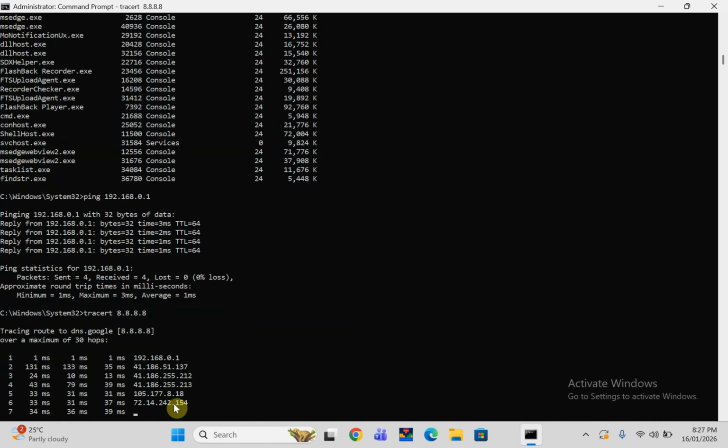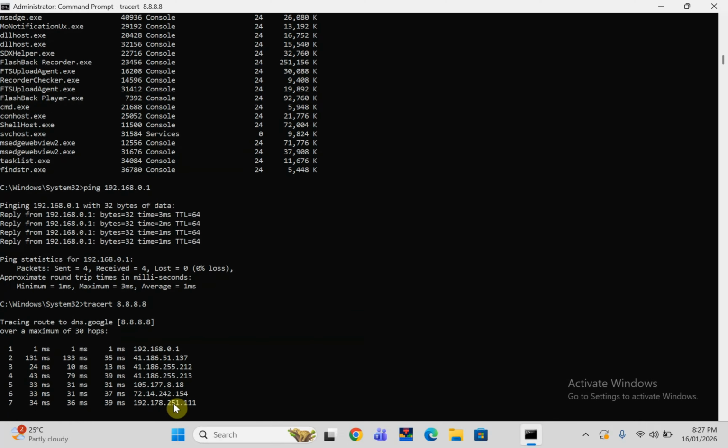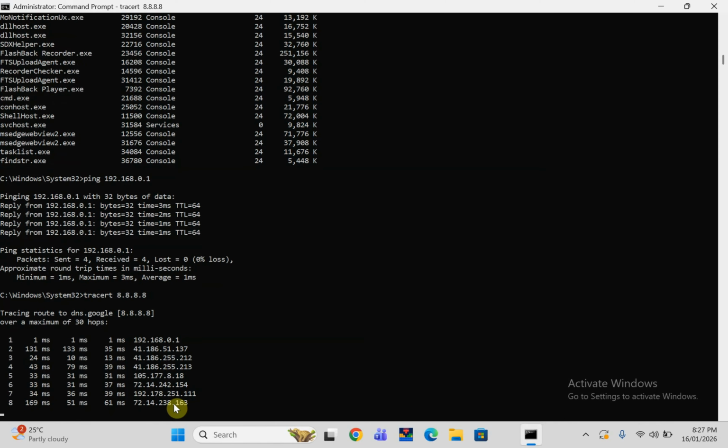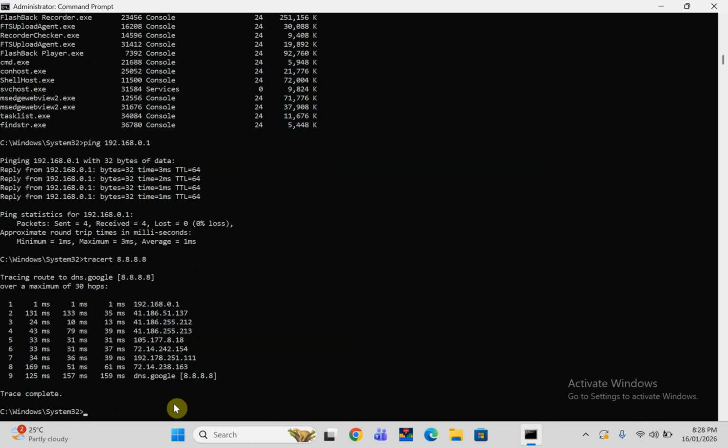For example, if the firewall is blocking the packet, you will know. It's like identifying where the traffic stops. Now you see the traffic complete. It takes this route, passes through here, the gateway, this network gateway of my network, this one,